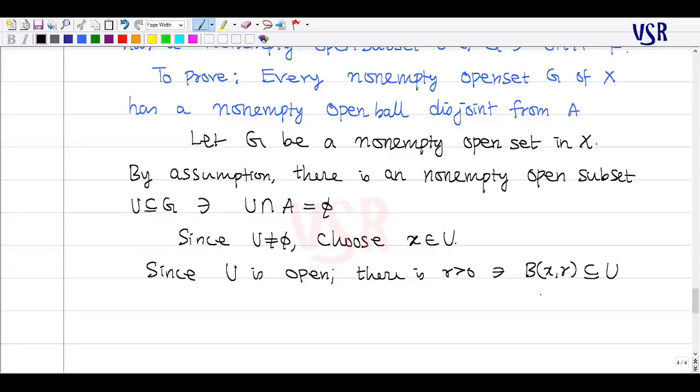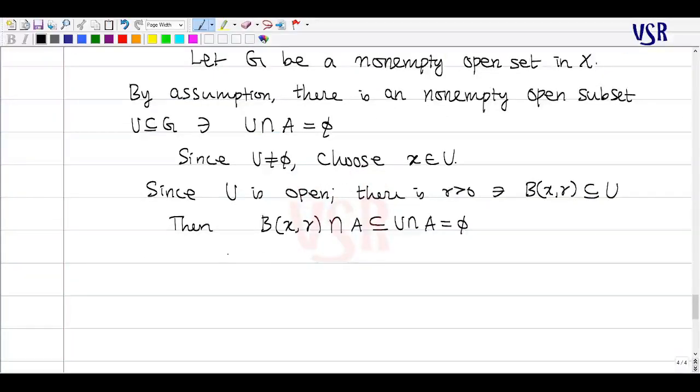Note that then the ball with center X and radius R intersection with A is a subset of U intersection with A, which is equal to empty. That's all, it is finished. So this implies that B of X comma R intersection with A is equal to empty, and note that the ball is inside U, and U is inside G. Okay, thus